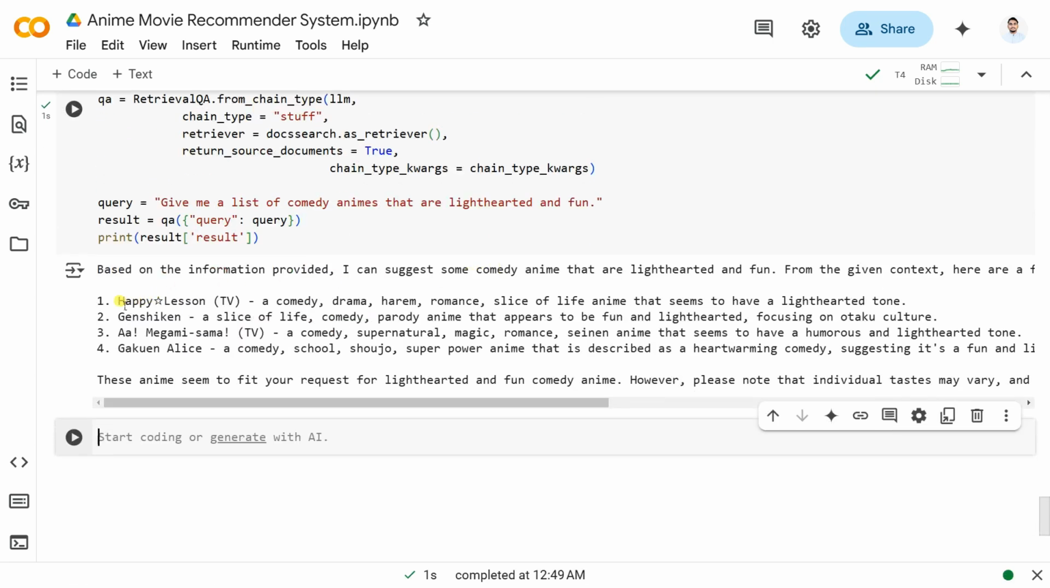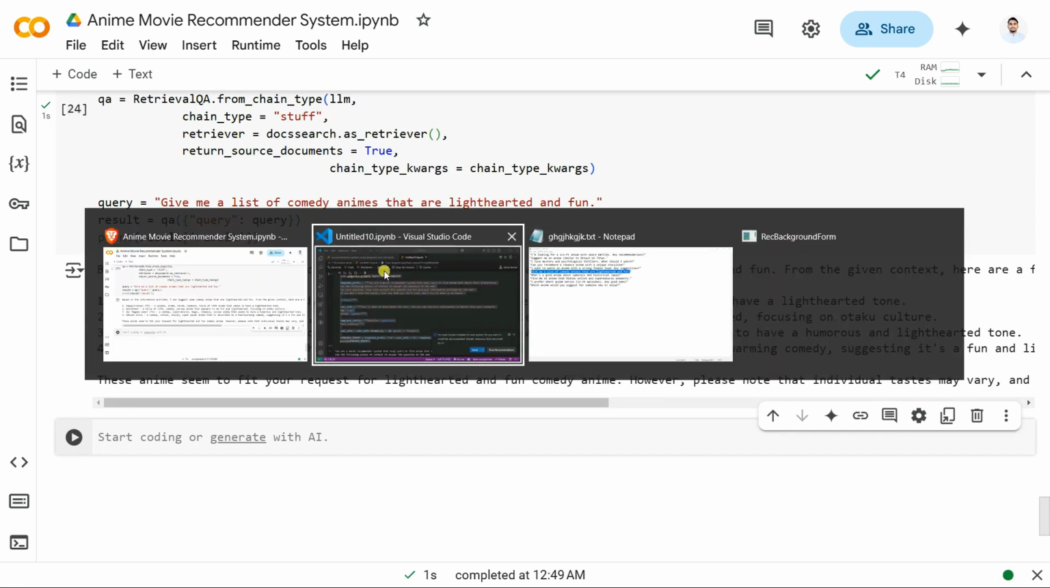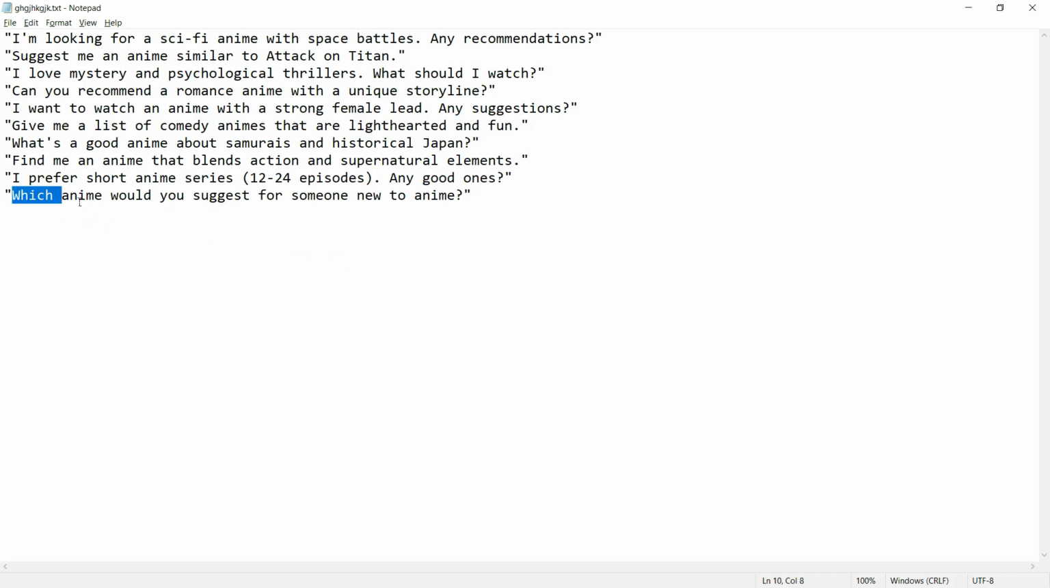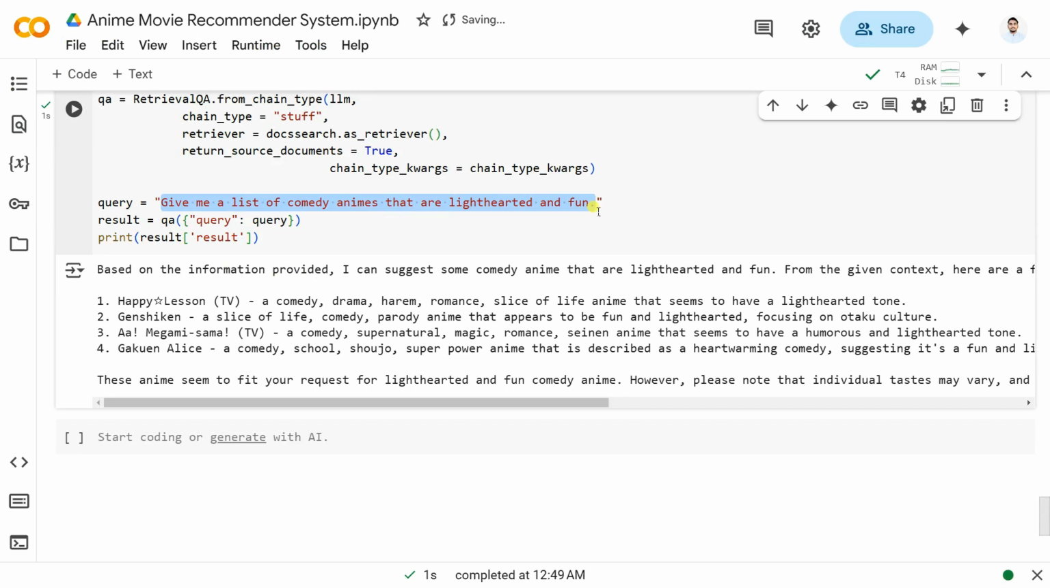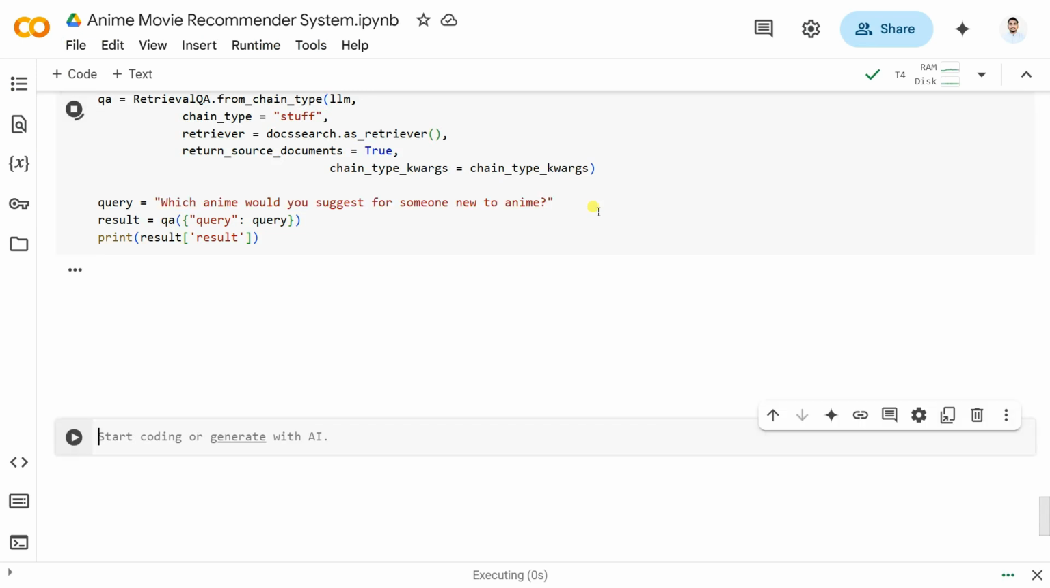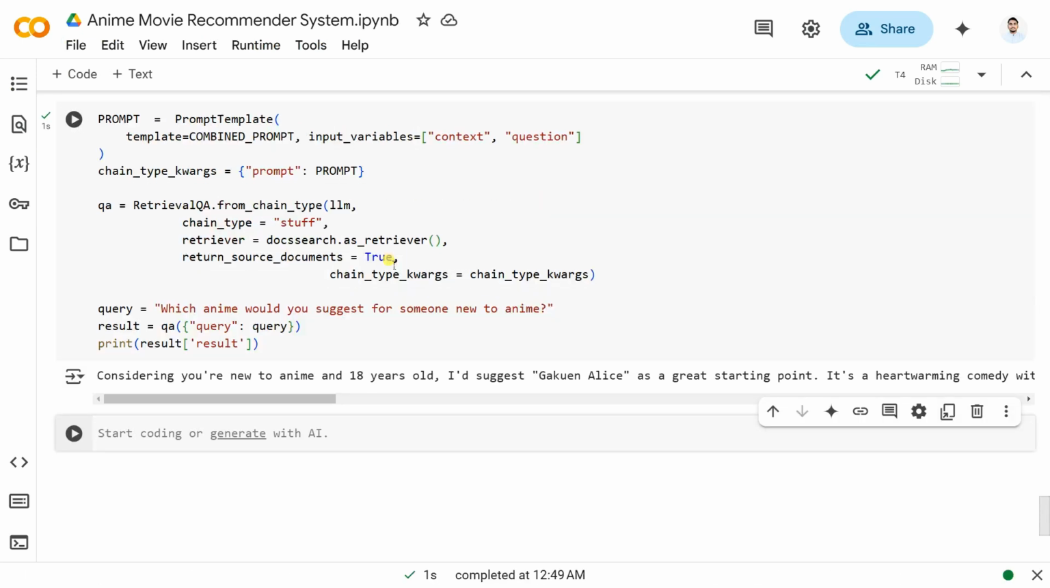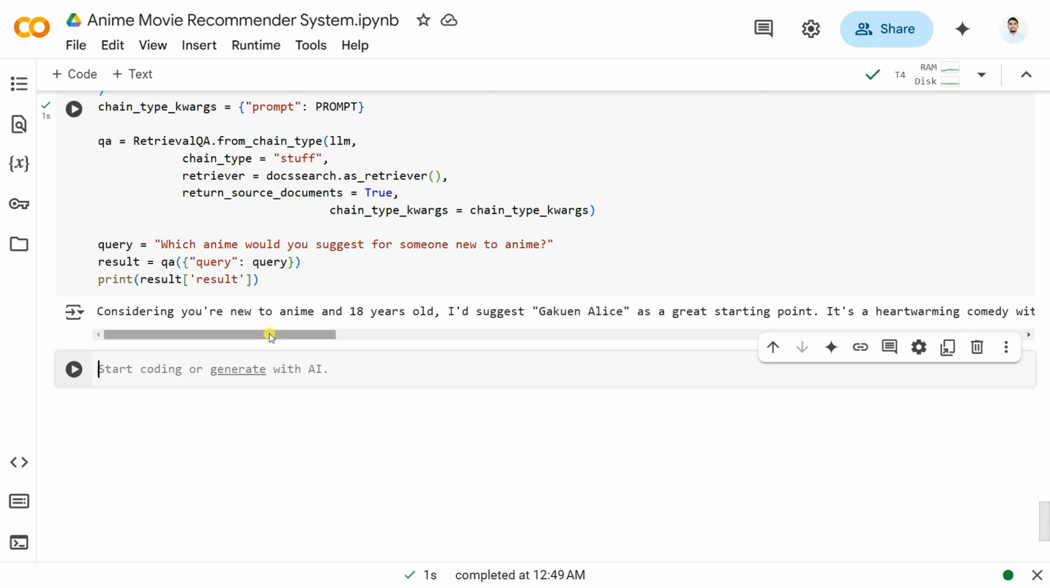So you can see here it gave me four movie suggestions based on the information provided. I can also ask another one. Let's say, which anime would you suggest for someone new to anime. I'm going to copy this and paste it here, and you can see it will consider that you are new to anime and